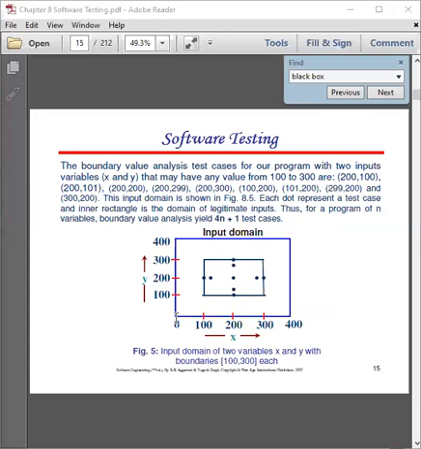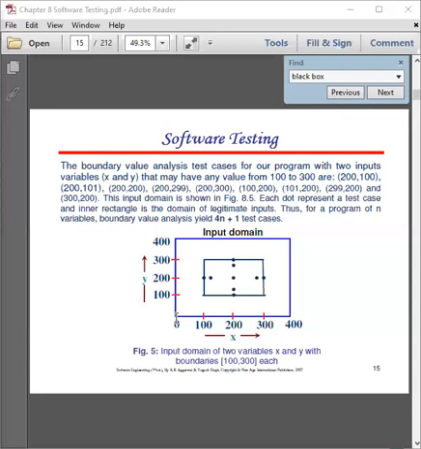Second is boundary value analysis. It is a software test design technique that involves the determination of boundaries for input values and selecting values that are at the boundaries and just inside or outside of the boundaries as test data.